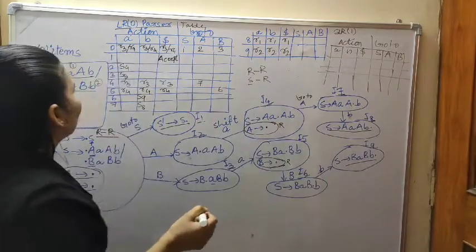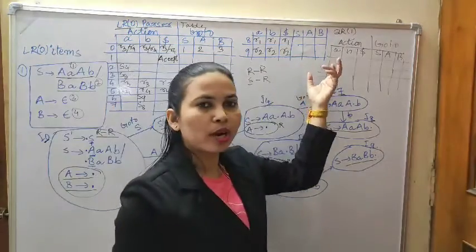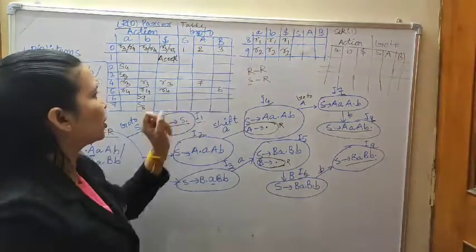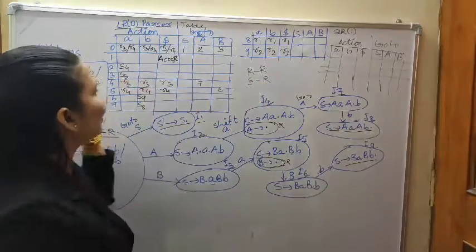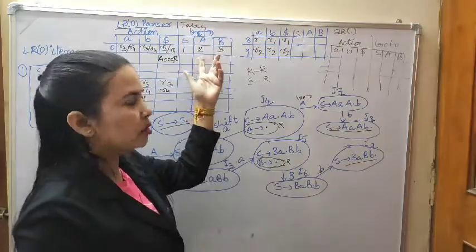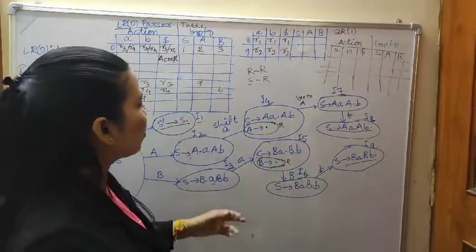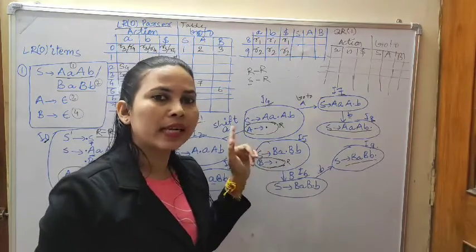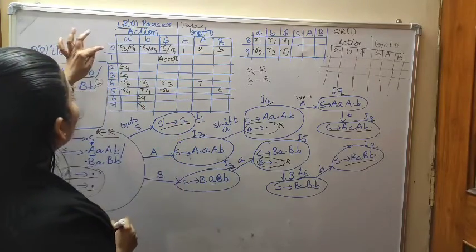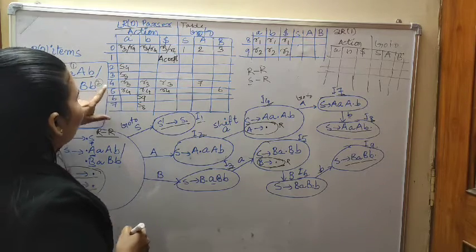Now, whenever a reduce part is given, I am writing that state. Whenever you are making the SLR1 parser's table, you will write everything for states 0 to 9. Here I am writing only the reduce part. The shift part and goto part, that means shift 4, shift 5, are the same. Only the reduce part is different. Wait. So what is the reduce part here? State 0, then state 4 and state 5.